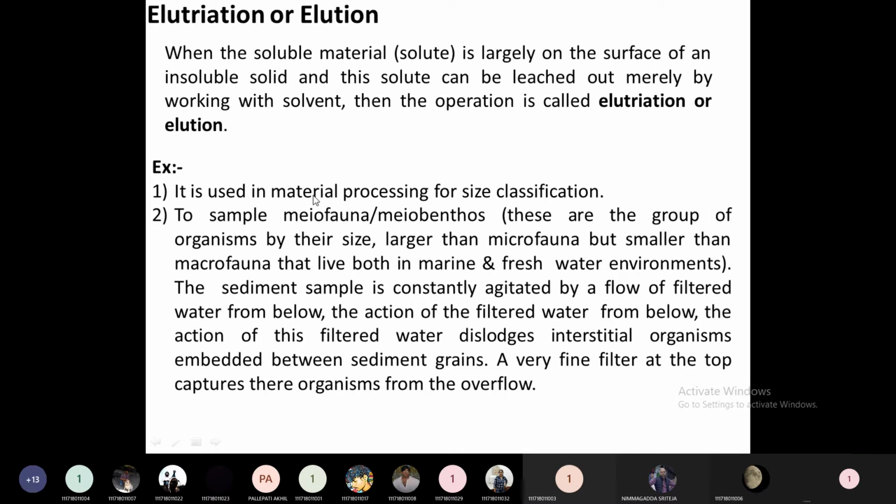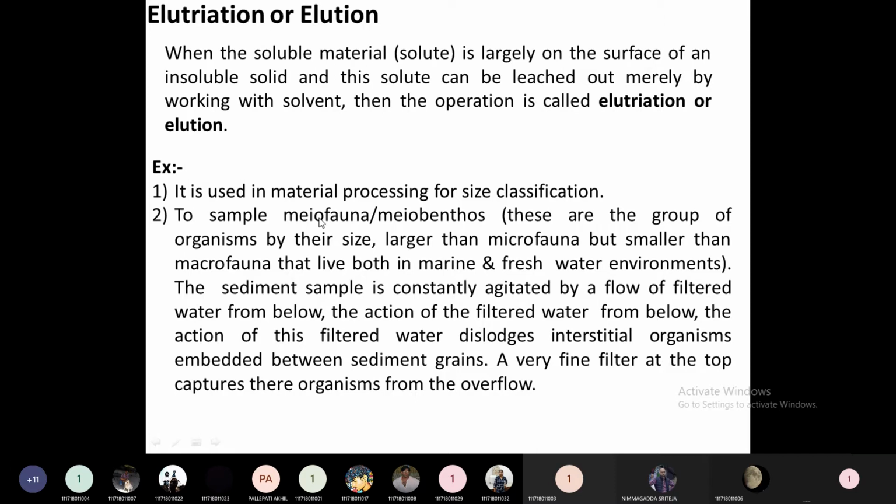If you have a freshwater pond, these microfauna, meiofauna or macrofauna are the microorganisms present in the fresh water. To extract them, along with the sand from the freshwater pond, we give it to an elutriation process. The microorganisms will be attached to the sand particles.